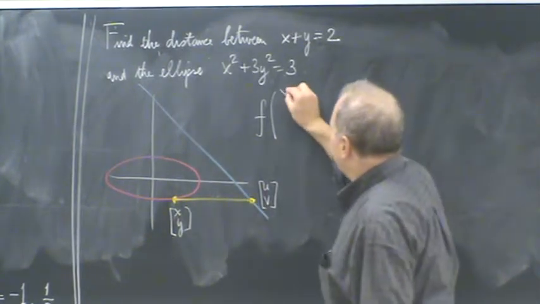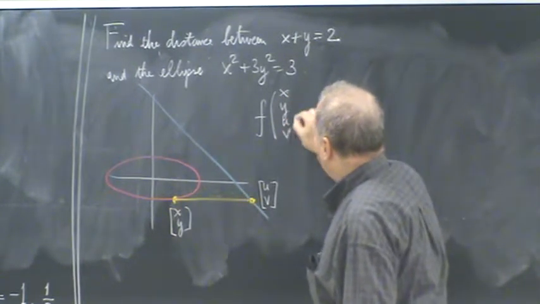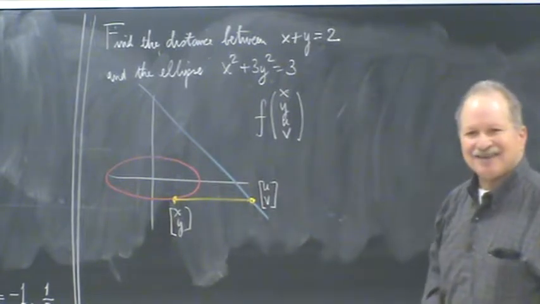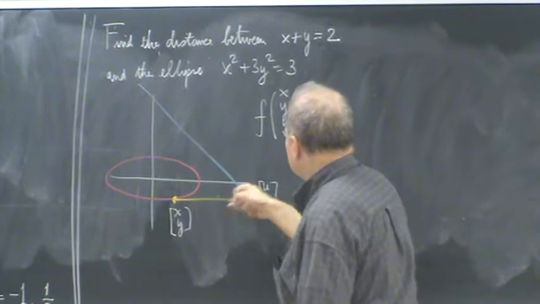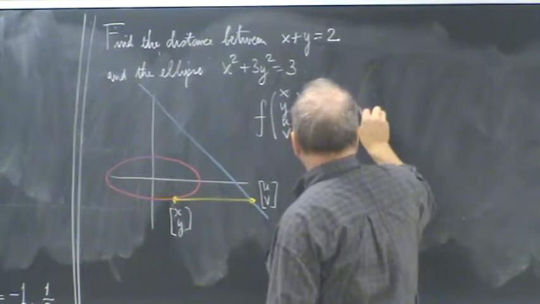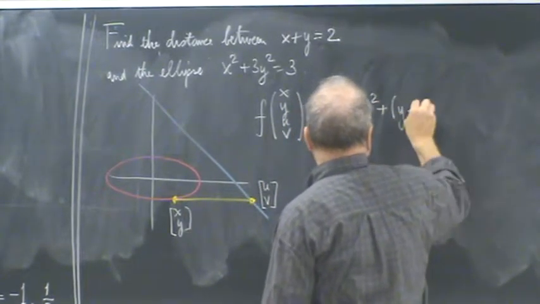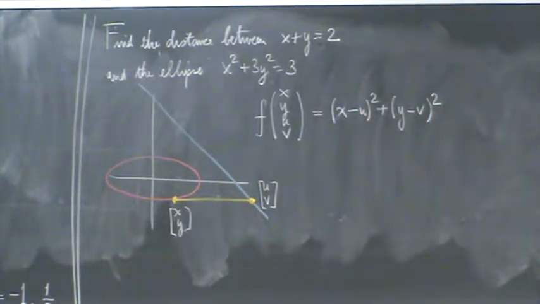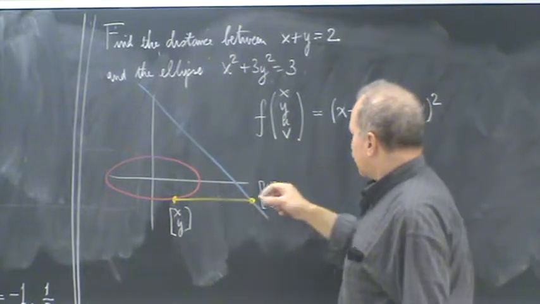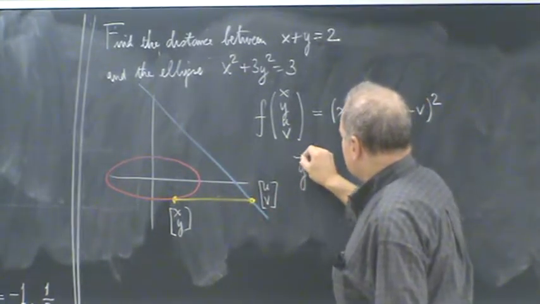So I have a function of 4 variables, which is, for example, the square of the distance between these 2 points. Again, I prefer not to do square roots if I don't have to. So I want to look at the function that looks at the square of this distance, subject to the constraints